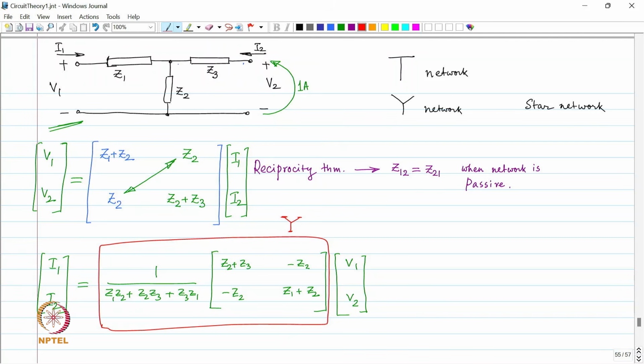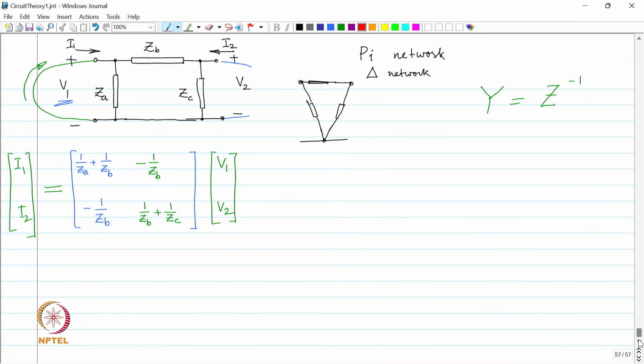Fine. Okay. And what if I asked you to find the Z matrix corresponding to this pi network? I do not think I want to find the inverse of this matrix. Okay. It looks horrible unless you go to the y domain,